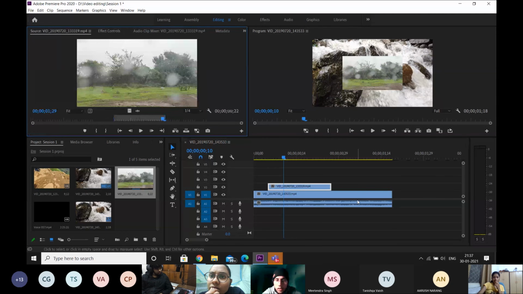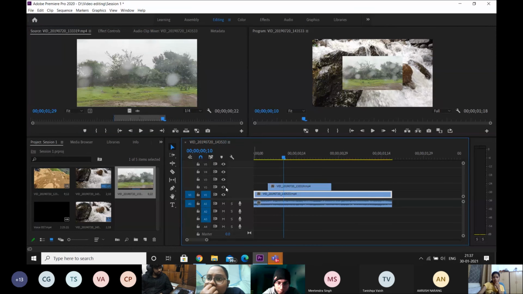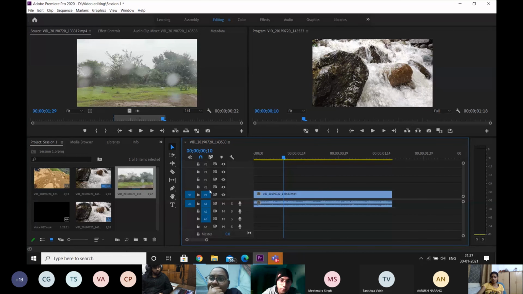The reason for that is the video which is beneath right now was shot in 4K, whereas this video was shot in full HD, that is 1080p. So the size for this is 1/4 of the video at the back. That's why it's shown smaller. I'll just remove this for now. This is how the video part works. So whatever is on top is visible to us first.